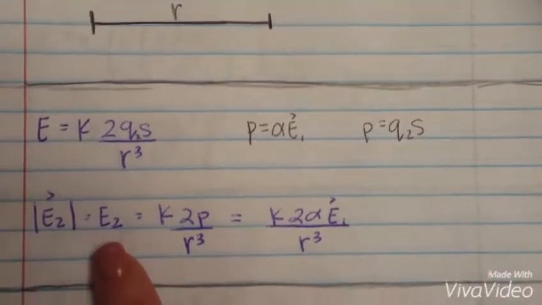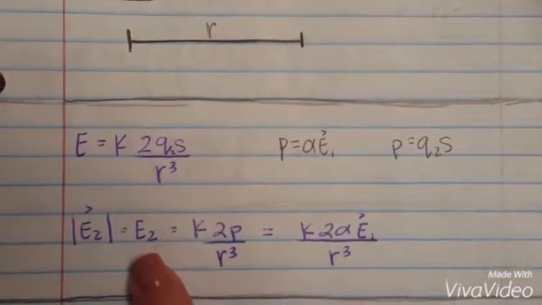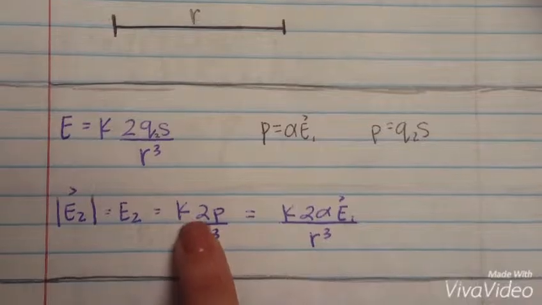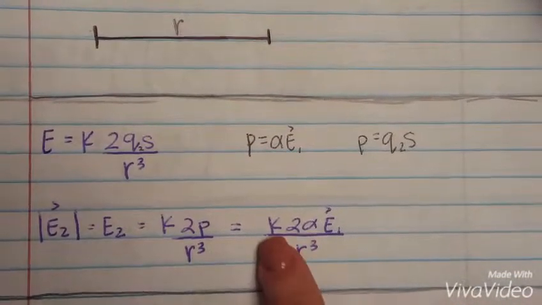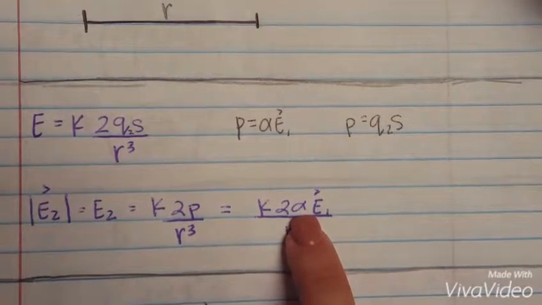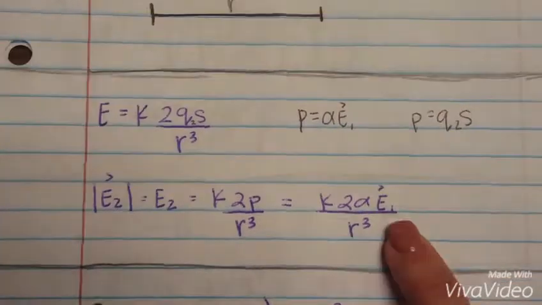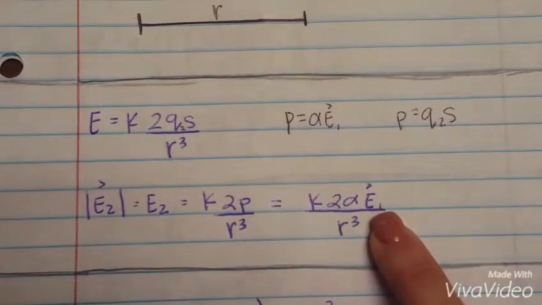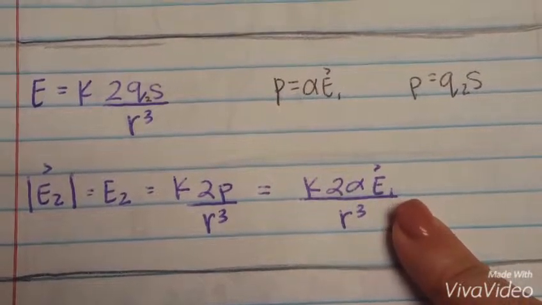So the magnitude of the electric field E2 can be written as E2 equals the constant K times 2p divided by r cubed, and that can be written as the constant K times 2 times the polarizability of the atom times the electric field E1 divided by r cubed. Since the electric field E1 is just the electric field due to a point charge, we can substitute that equation into our equation for E2 to get